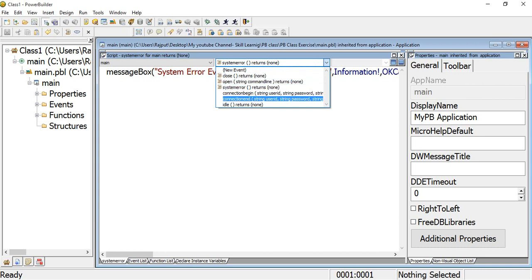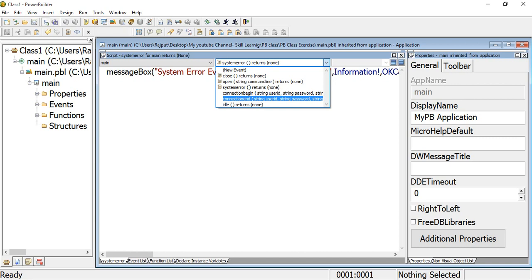And connection begin and connection end. When we discuss our transaction object, then we discuss these two events. When I create the connection between the application and the database, then these events are fired. It depends on the transaction object. Actually, the transaction object has two methods that we will discuss in more detail in a future video. Here, connection begin is fired when we connect our application to the database.